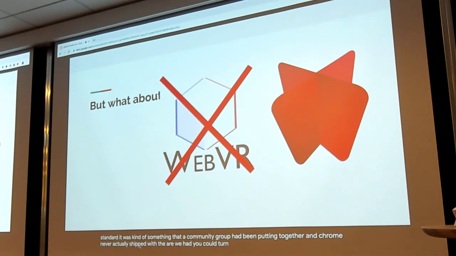You could turn it on with a flag inside Chrome, but we never turned it on by default, and we're slowly easing away from that altogether, and we will at some point very soon remove all the code. Even though Microsoft Edge and Mozilla both shipped WebVR on by default. But there were some shortcomings of WebVR. I don't want to get into the whole list, but WebXR avoids those. It was mostly having to do with higher frame rate rendering and different numbers of views as well.